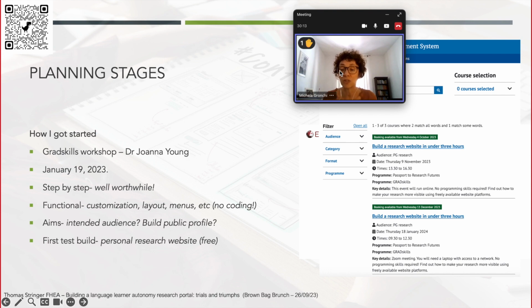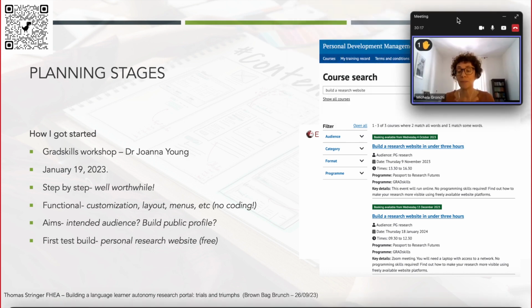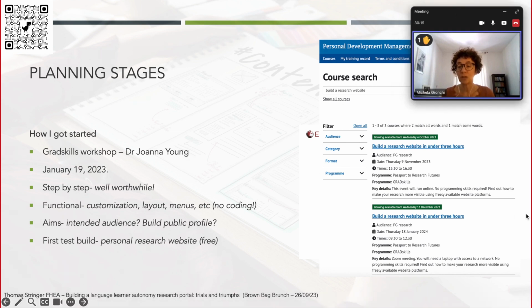a very simple course. And a discussion came up with my students in terms of the role of the person building the website. So how do you place yourself within the planning? Are you planning to engage at all with your audience?